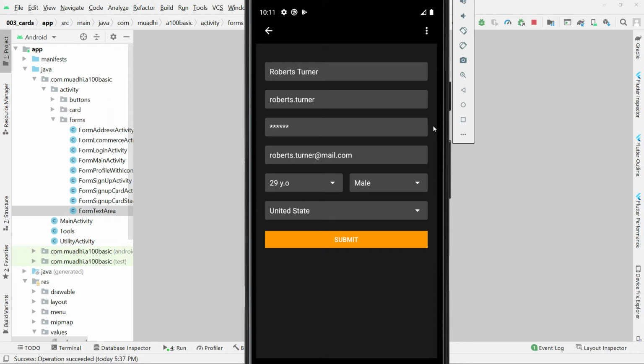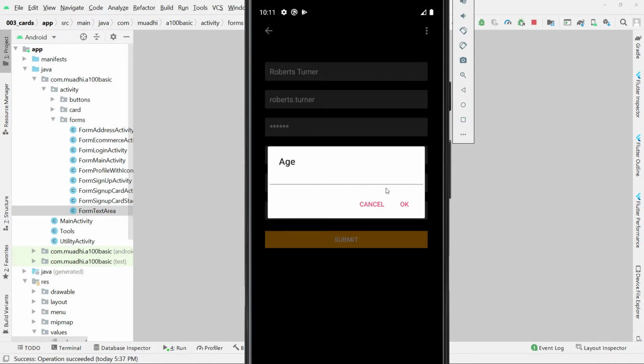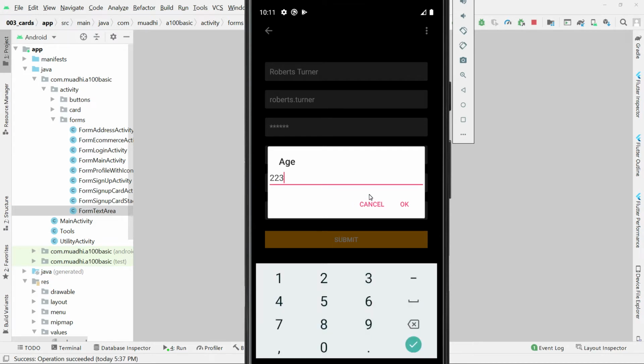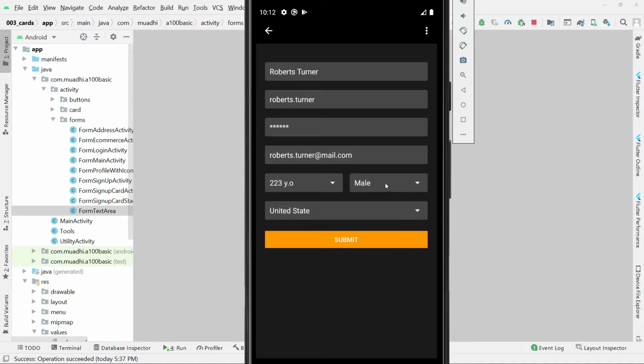In today's video, I'm going to teach you how we can make such a form in a dark mode, whereby we'll have a field where the user can enter the name, they can enter the password, their email, and they can select the age using this, and we'll show them a dialog box like this one where the user can fill their age. And this dialog box will only accept numbers,